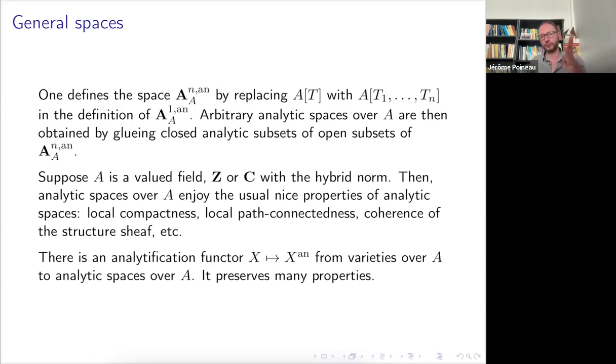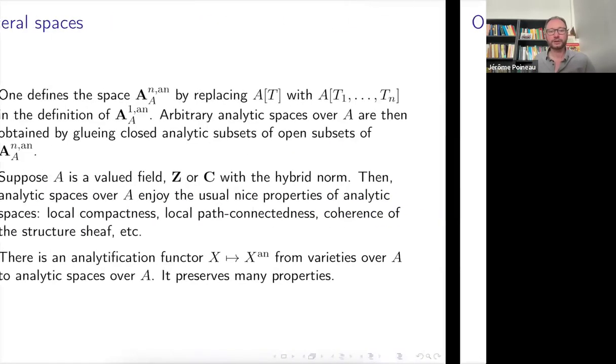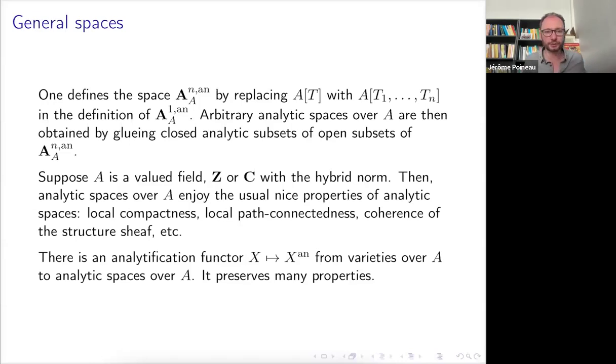The analytification of the affine line is just the affine analytic line that I defined before. Same for A^n, and then you can pass to closed subsets by taking just the same equations. So the analytification functor is pretty clear to define, just the same as you do for complex spaces. But you have a general theory allowing this. Okay, so that's my quite general, bit lengthy introduction to the general Berkovich spaces.